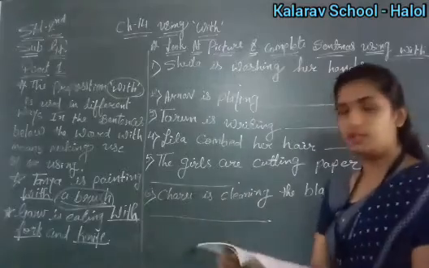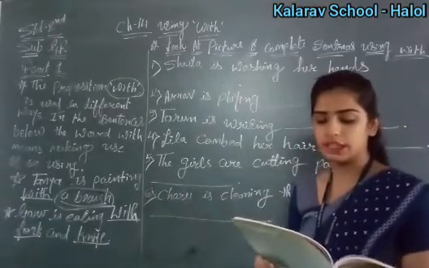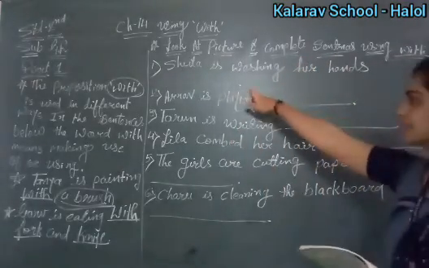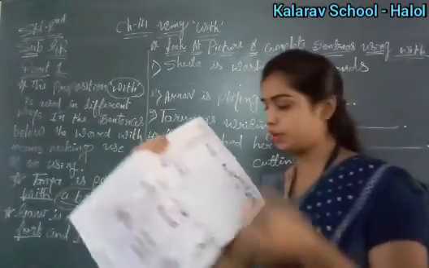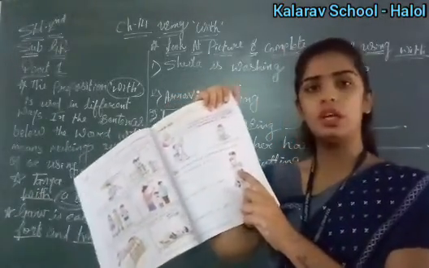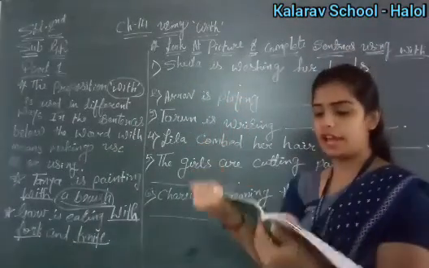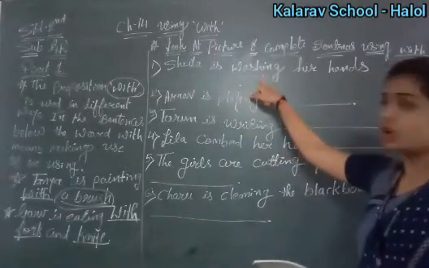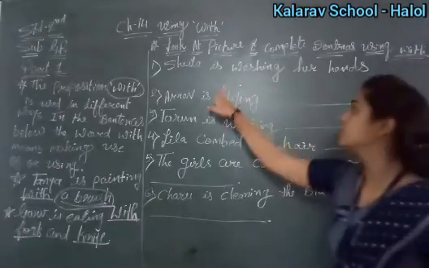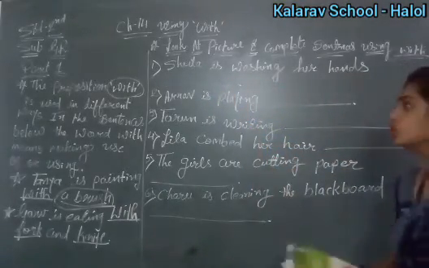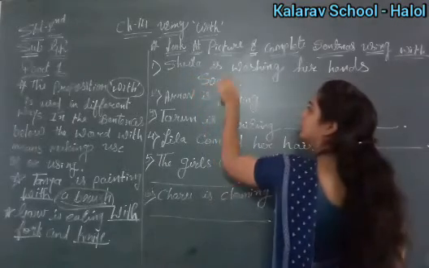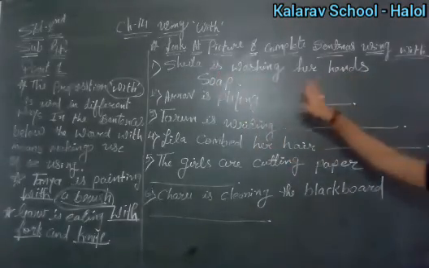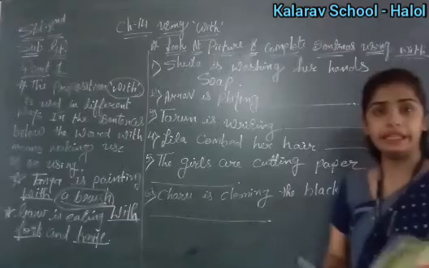Here what is the heading? See, look at the pictures and complete the sentences using "with". We have to see the pictures and we have to complete the sentence. Now see what is the first picture. What is the girl doing? She is washing her hands. Yes, वो soap से अपने hand wash कर रही है. See what is the first sentence given. Shayla is washing her hands dash. वो किससे hands wash कर रही है? Soap से, right? तो हम कैसे लिखेंगे? देखो, Shayla is washing her hands with soap. Clear? Like this.